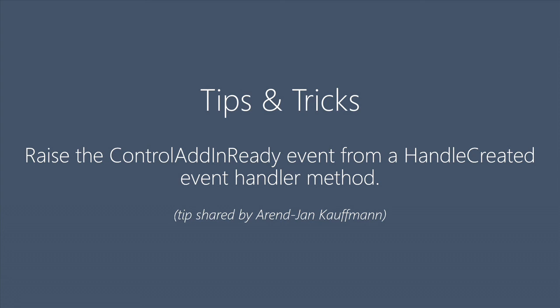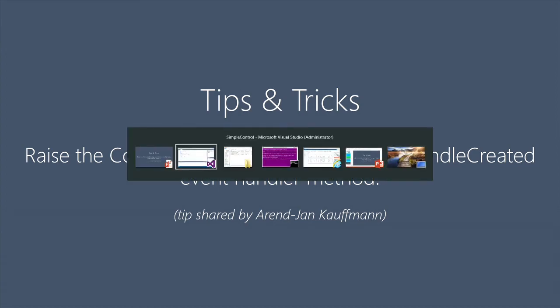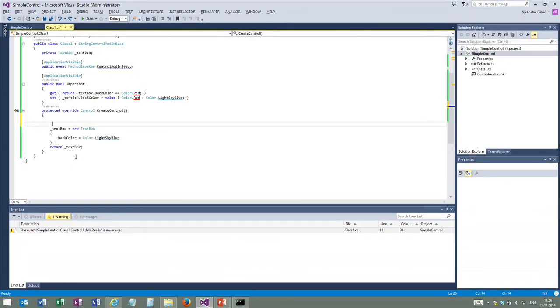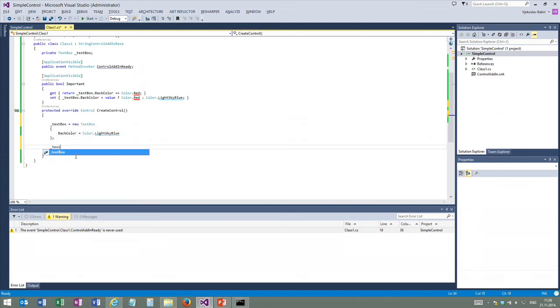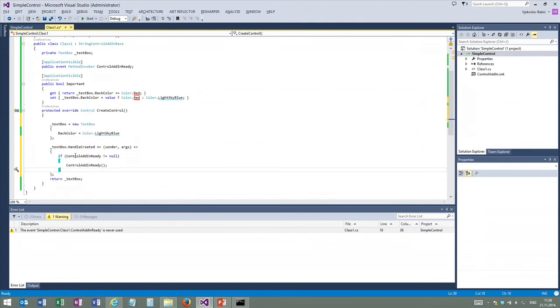The parent changed event might occasionally fire multiple times, so you don't want that one. You want to attach it to the one that will surely fire, and fire only once. So let's do that. Here, after my text box is instantiated, I will do text box dot handle created, and then declare a lambda and just put in my if control add-in ready is not null, then I'm invoking it. So essentially this will fire as soon as